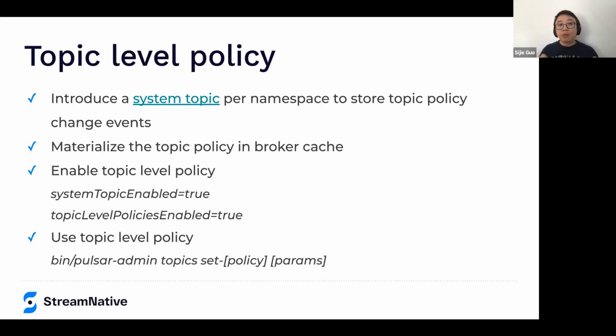So this is a brief introduction of how we implement topic policy. From the end user perspective, enabling topic level policy is also very easy. You need to enable two features. One is to enable the system topic. Once you have the system topic enabled, the topic policy will use the system topic for storing all the topic policy change events. And once you have the system topic enabled, you can configure topic level policy enabled to be true. After that, you are good to use all the